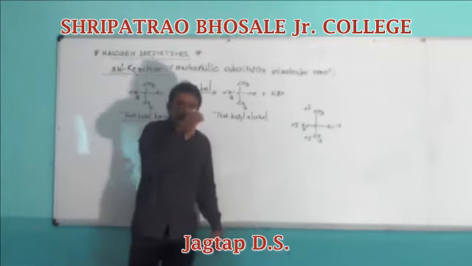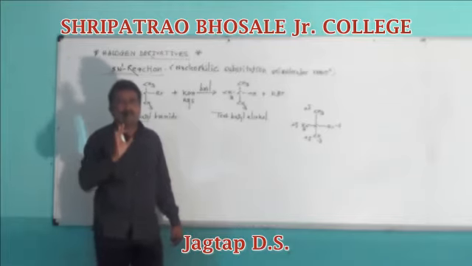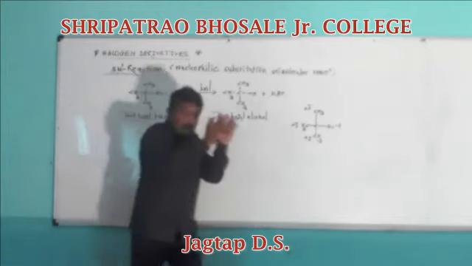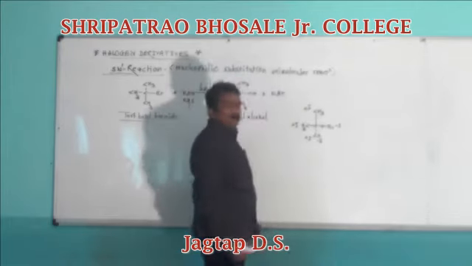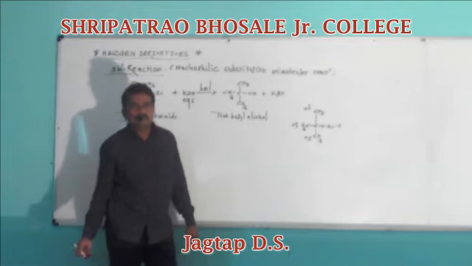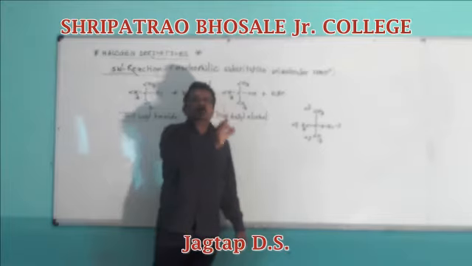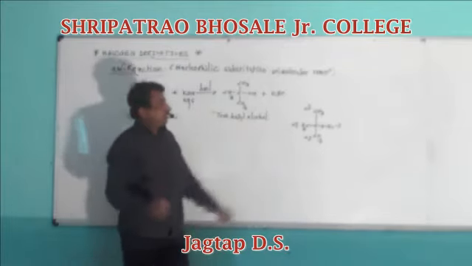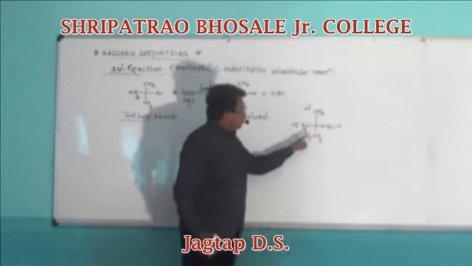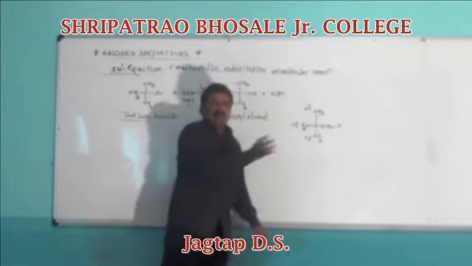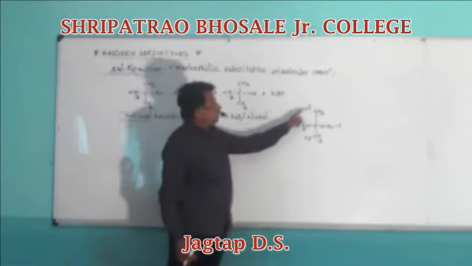Bromine, a halogen atom, contains 7 electrons in its valence shell. It has a tendency to gain 1 electron to complete its octet, so it has a greater tendency to pull electrons towards itself. An atom or group which pulls the electron towards itself, the effect produced is known as the negative inductive effect. An atom or group which pushes the electron towards another atom, the effect produced is known as the positive inductive effect.